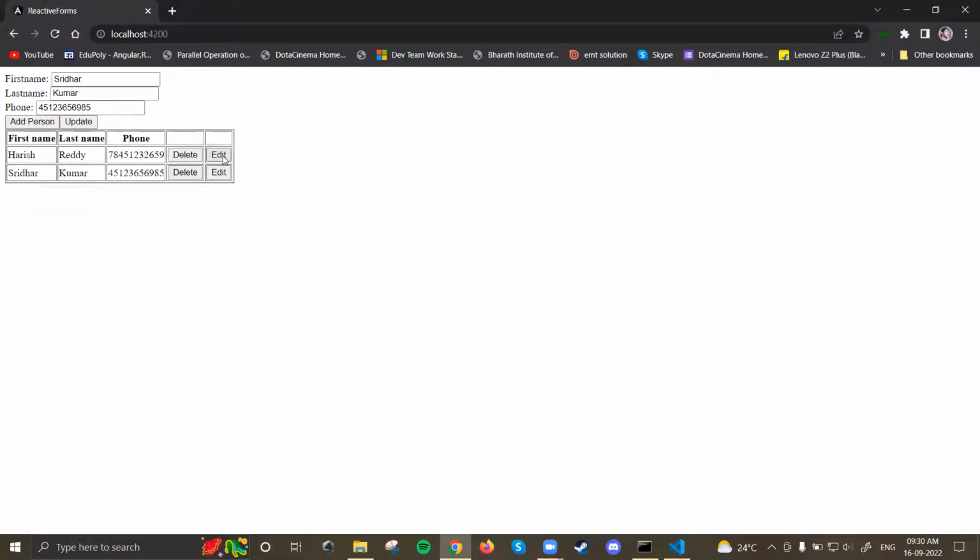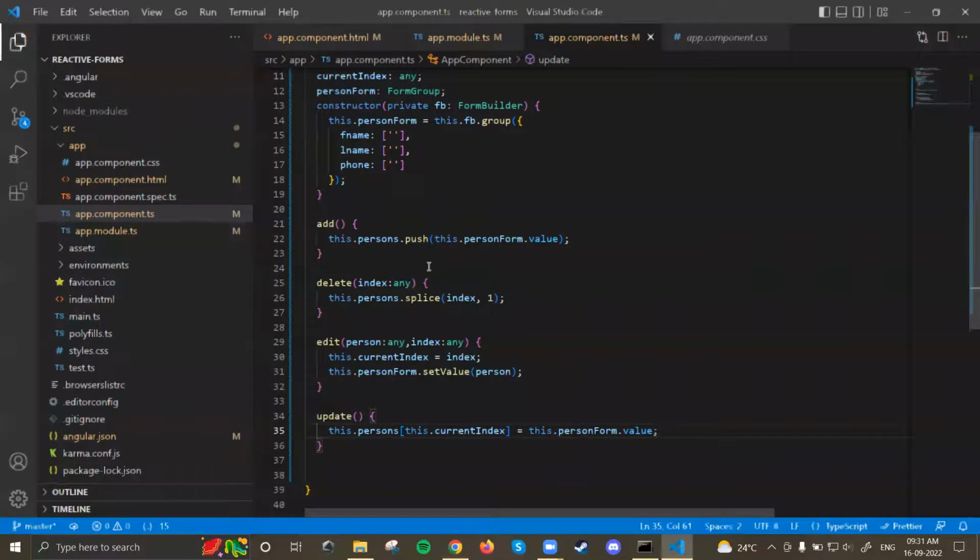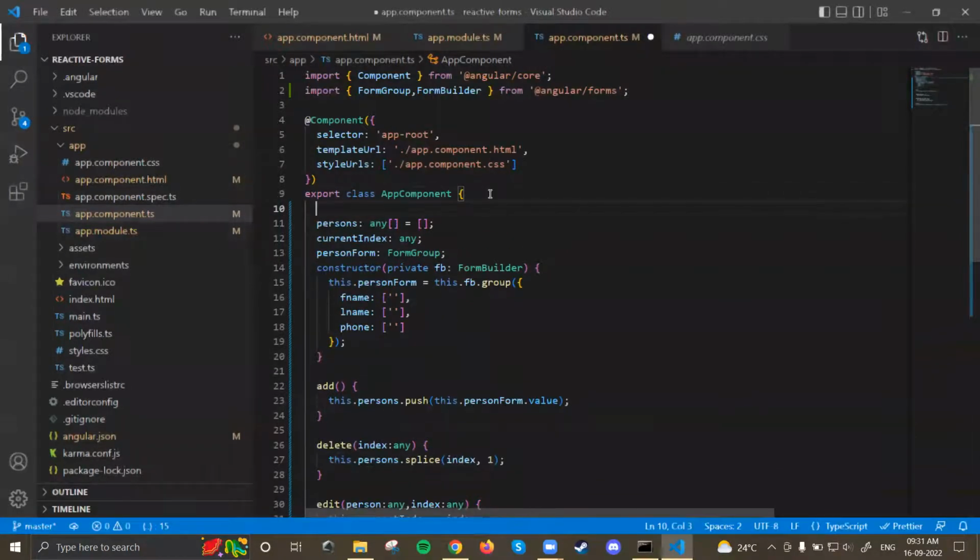For Harish, if I click on edit, it is editing. So Harish Reddy, I want to change the phone number a little bit, 645, and okay, this also I want to make it Kumar. So update, yes, it is updated. Okay, so these things all are working fine, and you can accordingly add ngIf to change the buttons. Okay, so what we do for that, we'll have one property here,